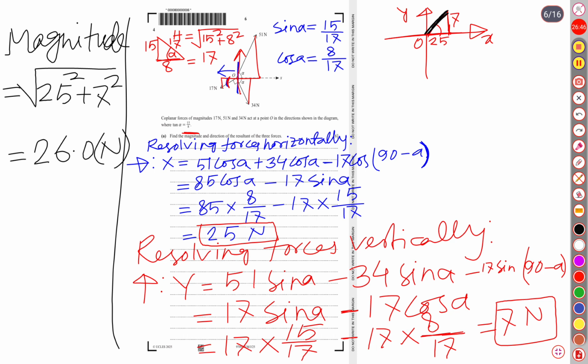Well, now not only magnitude, they have told us to find even the direction. Look at this here. It is written and direction. Okay, so direction we have already found here. This is the direction, which means it is lying above positive x-axis. But how much is this angle? We'll have to know the angle. So easily, as we know the opposite side as well as the adjacent side, we can easily apply the tan formula. So tan inverse of